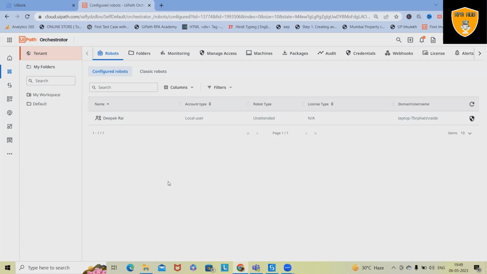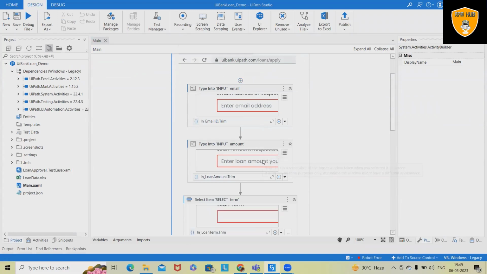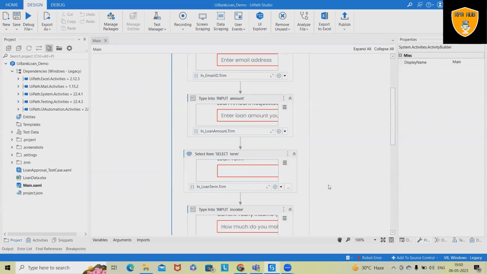To perform this, let's say we have this workflow and we pushed it with version 1.4, and after a few days I modified the same workflow with a few changes, but somehow